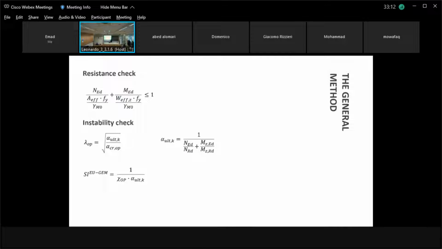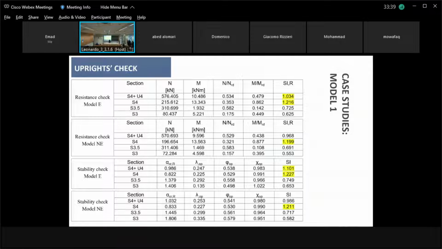Now moving to the general method, which is the method we use to verify the uprights. First of all, to do the resistance check, we have to satisfy the first relationship. And for the instability check, the general method, the code requires that we do a finite element analysis to obtain the data to perform this method. As we can see in this slide, we did a comparison between the safety indices for the real case